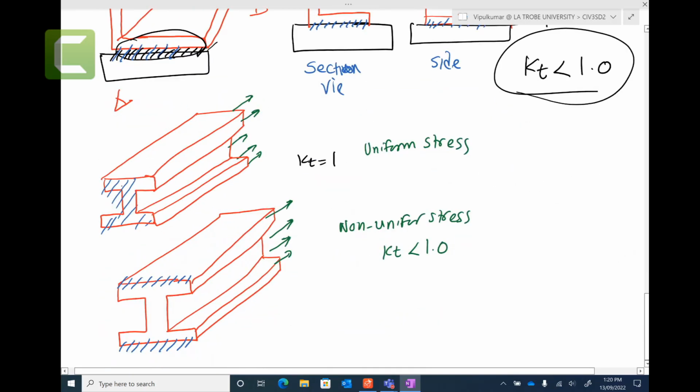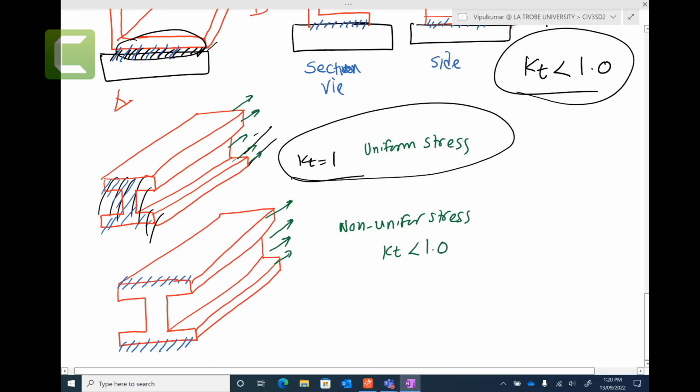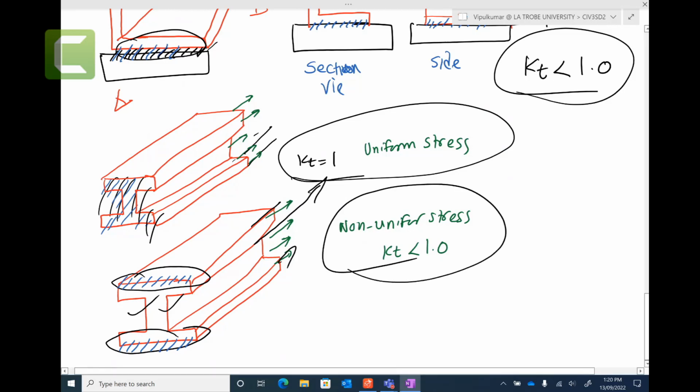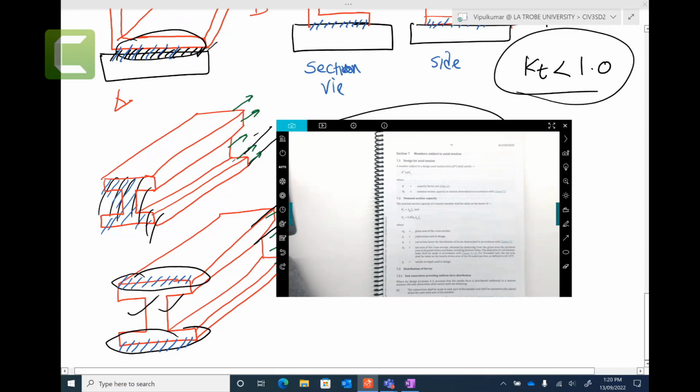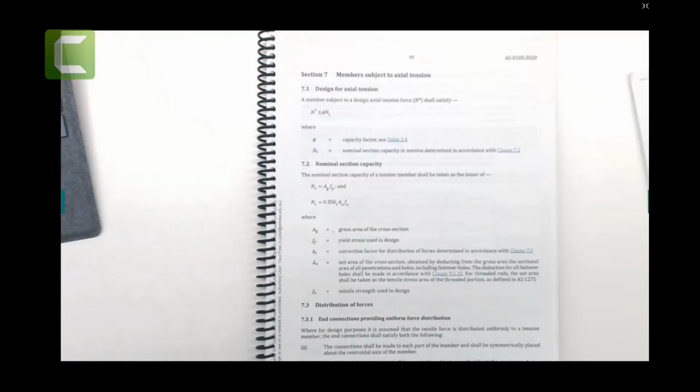Again, an I-beam: if someone holds the surface this way and someone pulls everything, then uniform stress, KT equal to 1. Someone just holding this edge and holding this edge, these are free to go. This will try to pull more, this will try to pull less, and you have non-uniform stress, KT less than 1. And how are you going to find it? That KT you're going to find